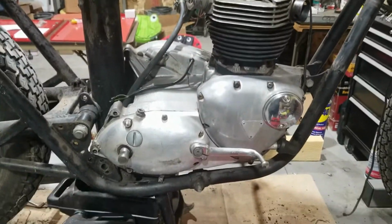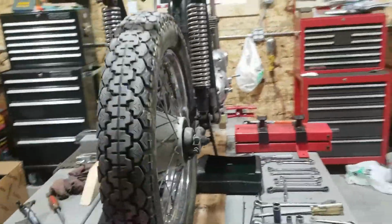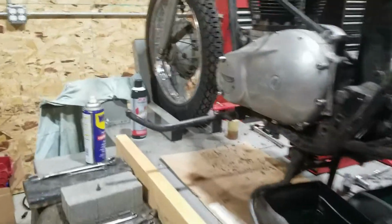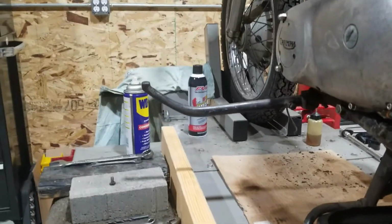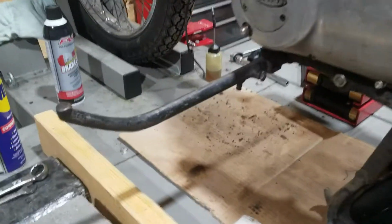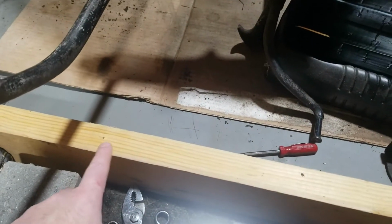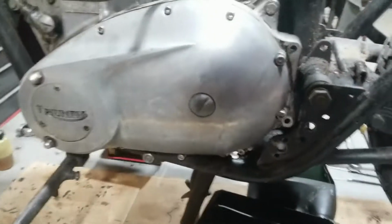We did find out over here how far off the kickstand is. See, this bike sitting straight up. See how it's, we were saying earlier how far up it was. It's all messed up. All right, so here we go. We got this board line right here. This is kind of where I figured the kickstand needs to be sitting. So when we get this motor all out,